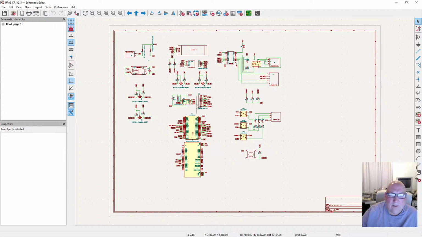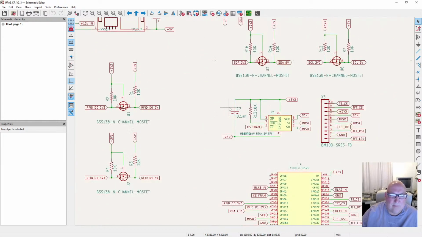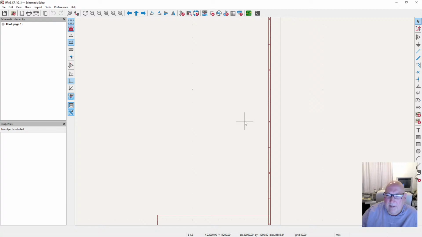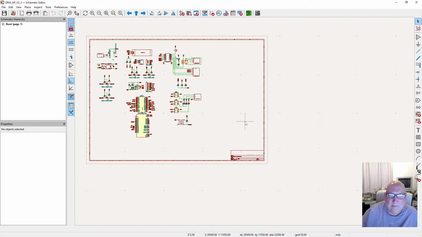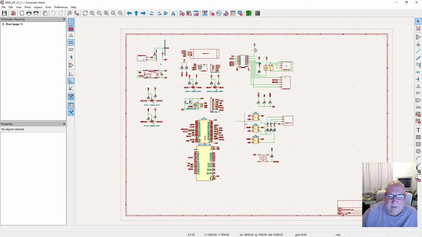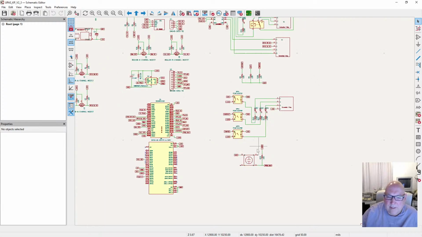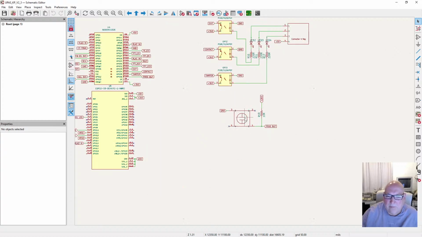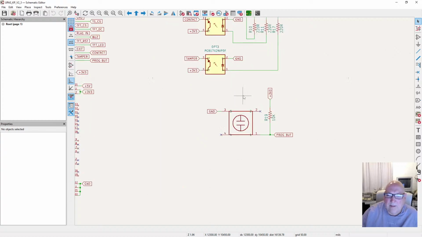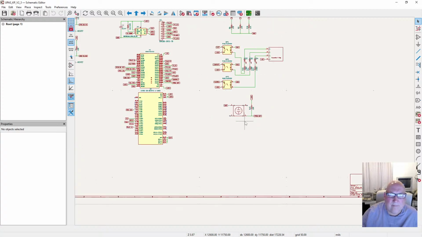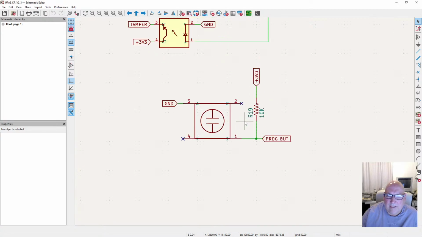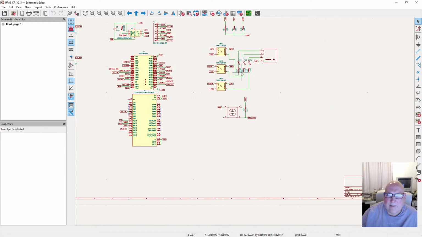Not seen this for a while, so we want to copy some of this stuff. This is my main controller. Why has it got all the bits on it? So what we want is push buttons. So there's a push button. We've got some more on here. Oh no, there's only one push button on this. So we'll take that. We'll need that, and we need the LEDs. Right, there's no LED on that, so